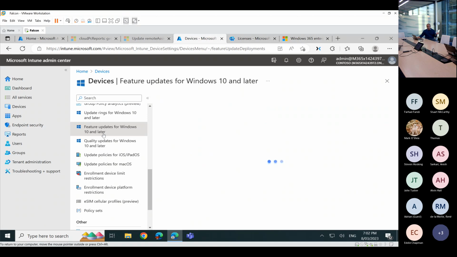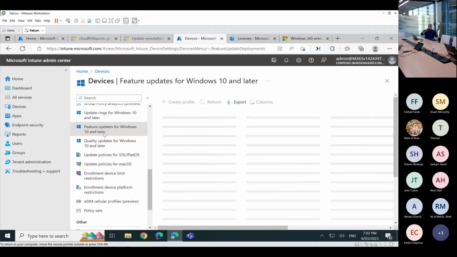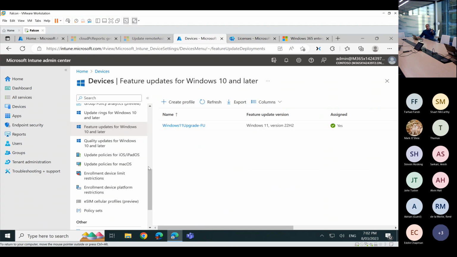All I did is create a feature update policy, ring 0 in my case. Depending on your use cases, you can segregate into different rings, 0, 1, 2, 3, depending on your organization's needs. All I did was create a policy here, and this particular policy pushed Windows 11 onto the Windows 10 cloud PCs that I already had in my environment. So that's one way of doing the upgrades.